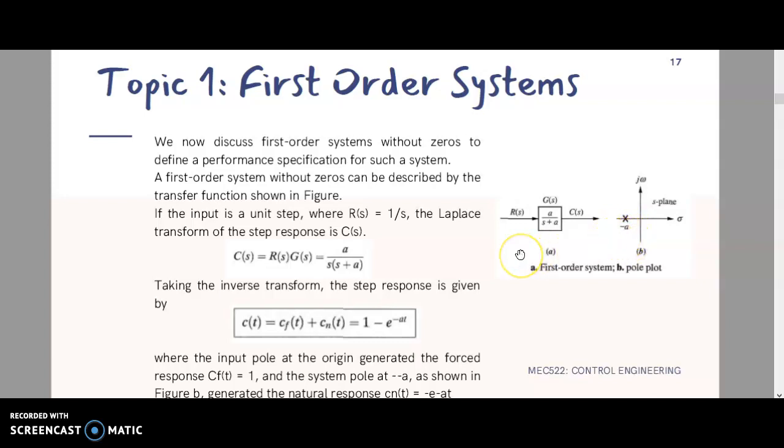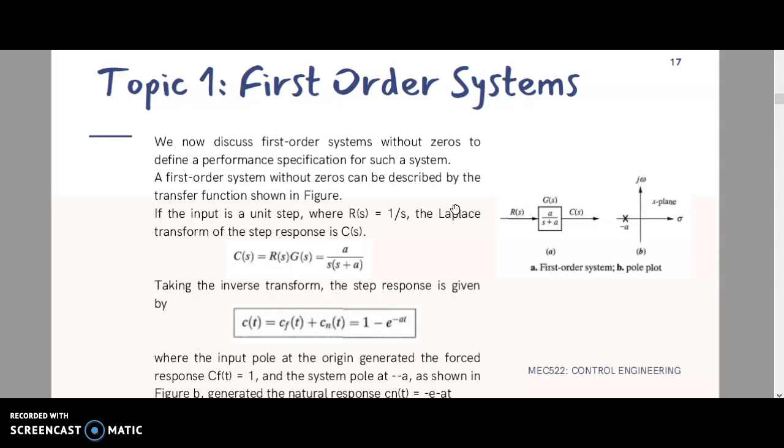So kita nak dapatkan dia punya graph, kita kena tahu dia punya output equation ataupun output system lah kan. So you know that transfer function, G(s) equal C(s) divided by R(s). From here you can find the output for C. So C equal R multiply G. In this system we use a unit step. So you tahu unit step adalah 1 over s. You must remember, you must know what is the pole, what is the zero,